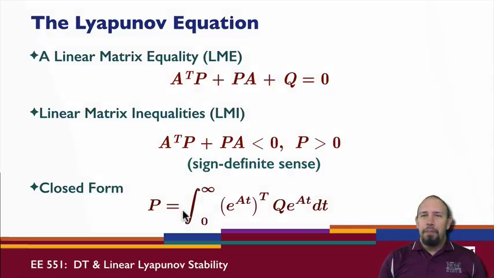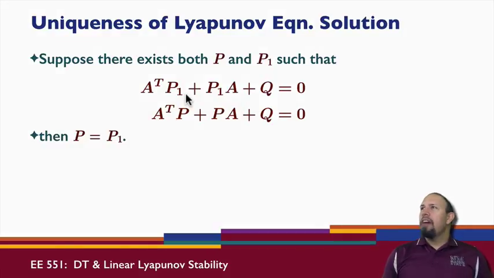Okay, so it turns out that when you have a Lyapunov solution, it's unique. To show that, we basically suppose that there exist solutions P and P1. So they both solve the Lyapunov equation for a given Q and for a given A. Turns out these equations, even though they're linear in P and Q, don't always have a solution. It actually depends on something about A. In particular,